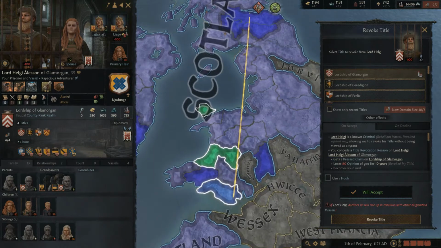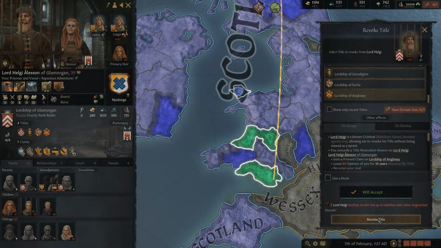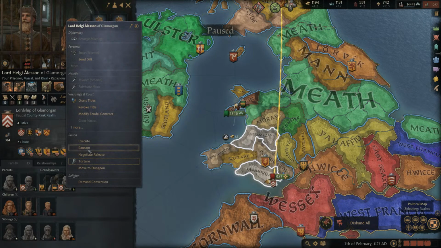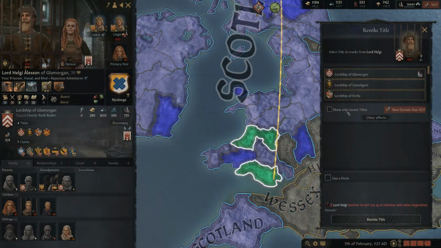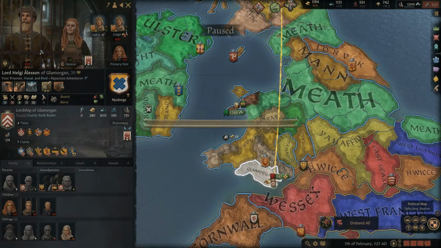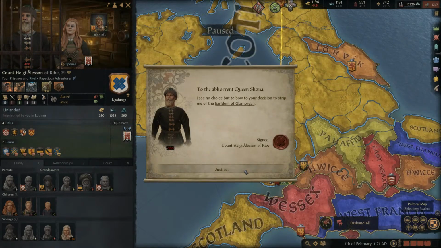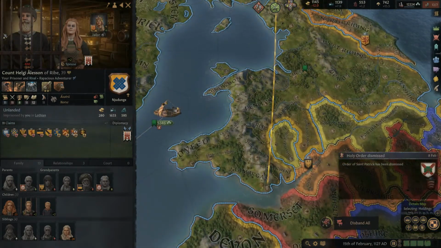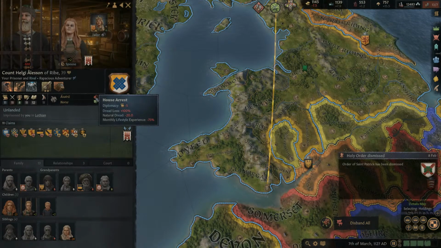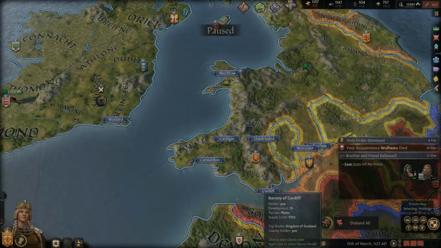Wait, he's got how many territories? He's got a lot of territories. Revoke. More. Revoke. More. Revoke. More. Okay. So he's not a thing anymore. He's just a prisoner. And we'll see what we're going to do with him in a second. But now,